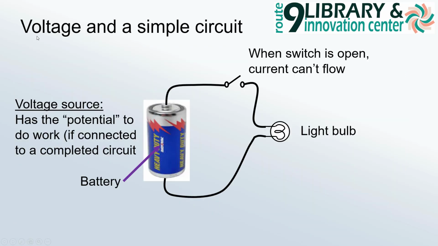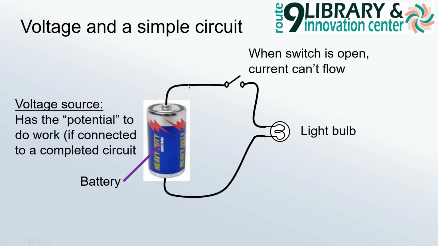So let's get into voltage. We're going to talk about voltage using this very simple circuit. When I say voltage source, in this case we're using a battery. A voltage has the potential to do work if you connect it to a completed circuit. So what that means, if you look at this little circuit, we have a voltage source, a battery, and these